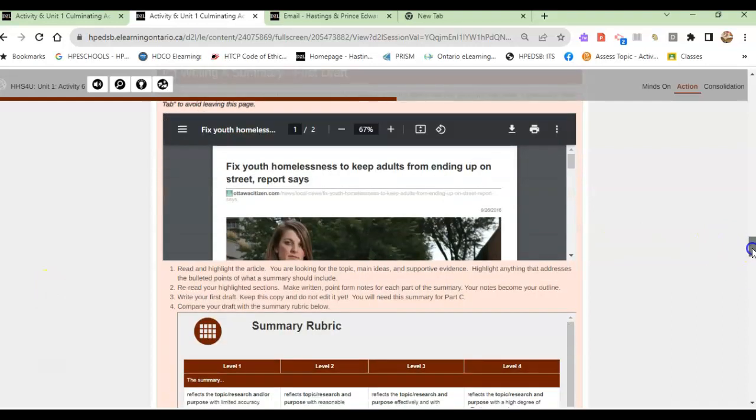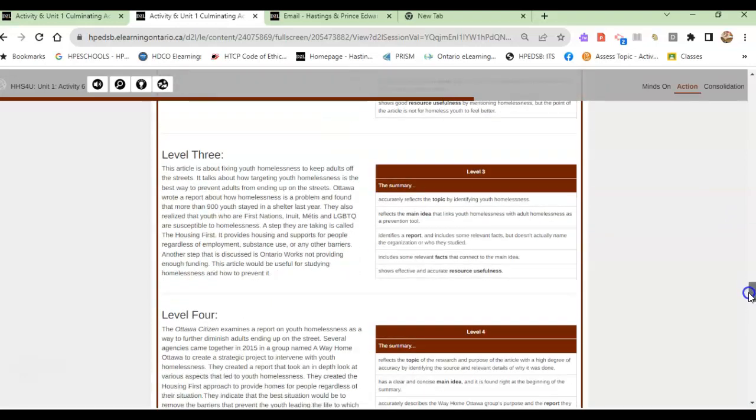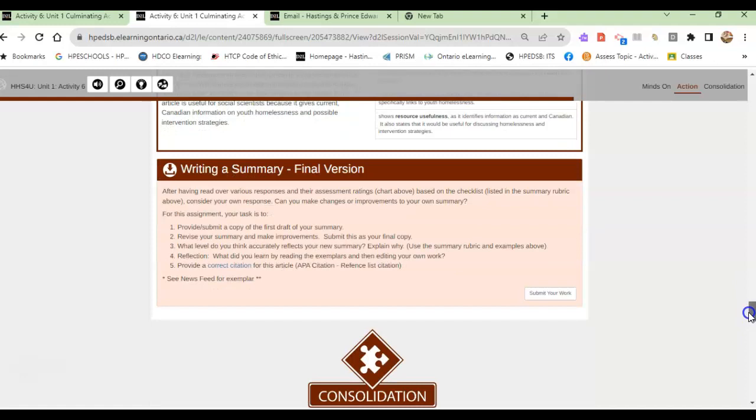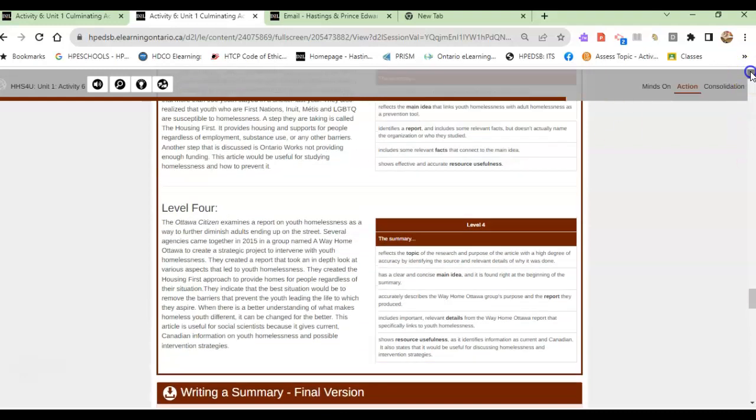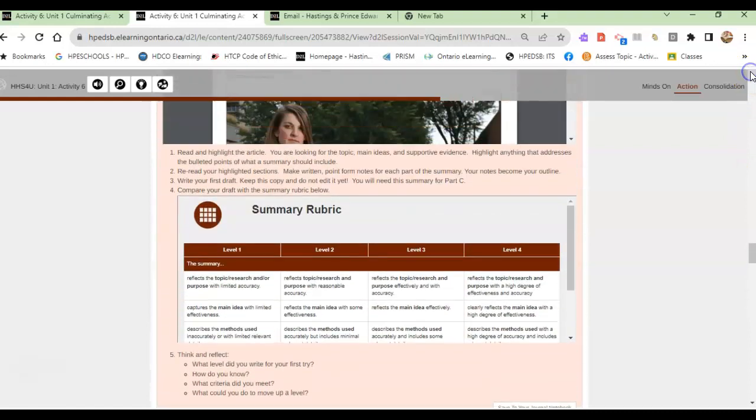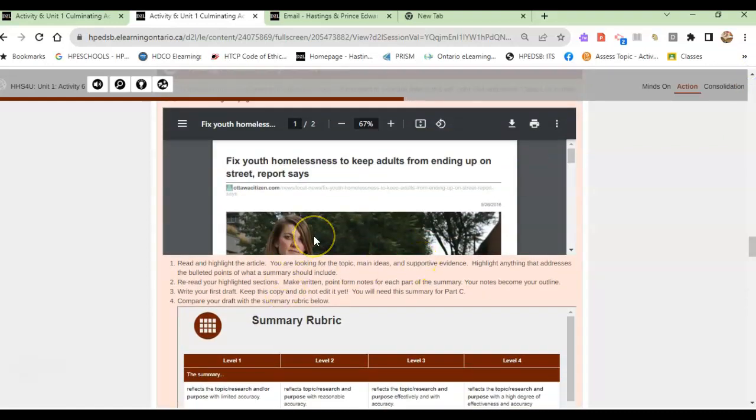So what I want you to do is, with this particular article, you're going to read it, you're going to have a first draft, and then you're going to make sure using this rubric that you meet all the criteria. So you're going to have a rough draft. And after looking over this, you're going to see if you can make any changes. So this assignment is handing in this article with a first and final draft